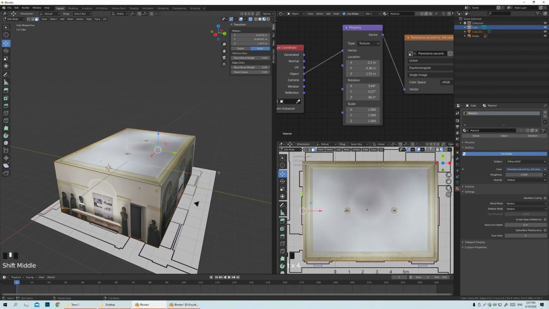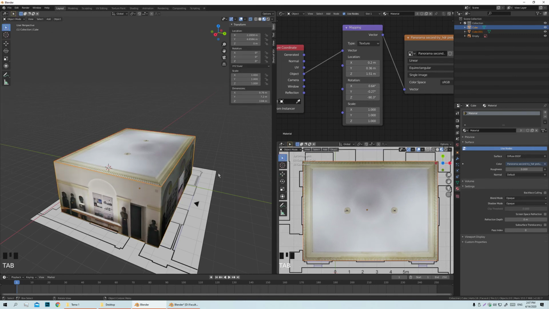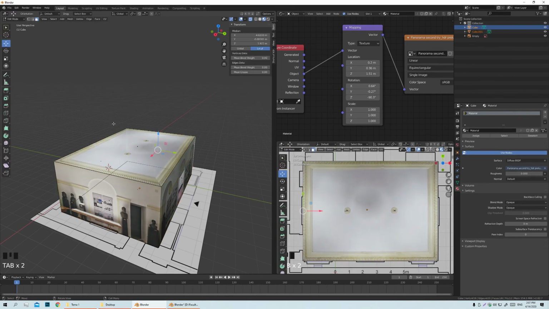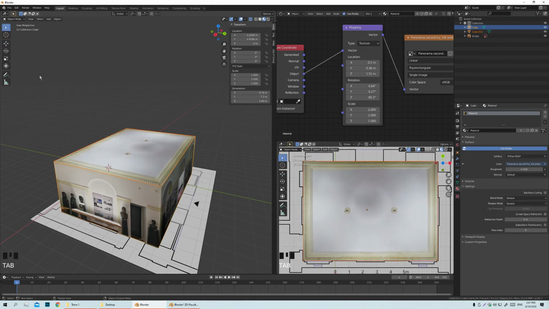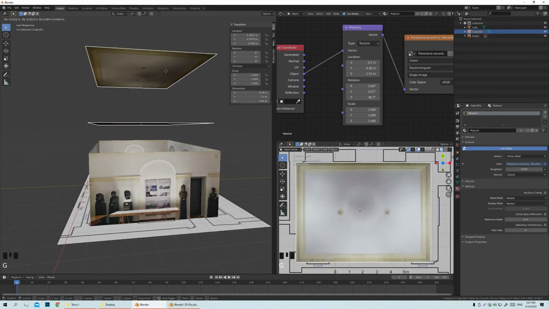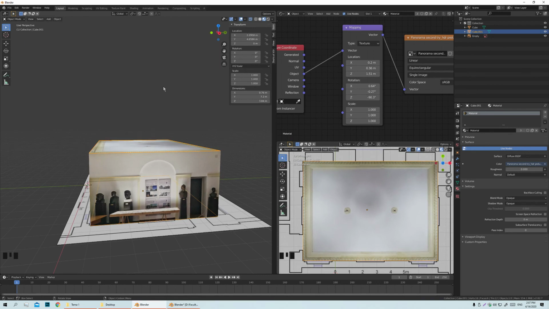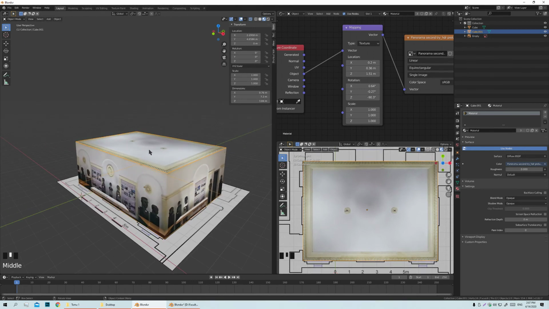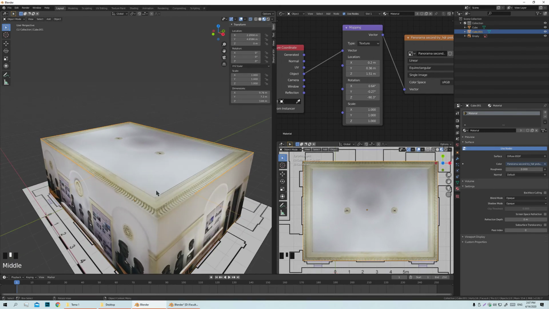If you press Tab again, we exit edit mode. You can see that by these menus appearing here. This is in edit mode and this is not. So we have the top part and the bottom part, and they're separated, which is okay. So now we can start to